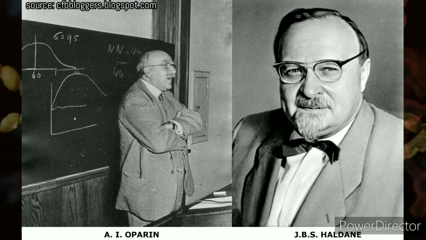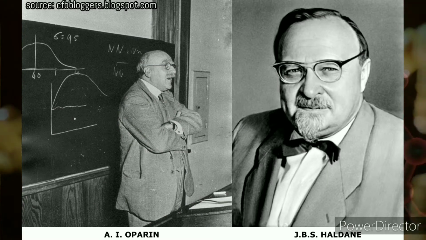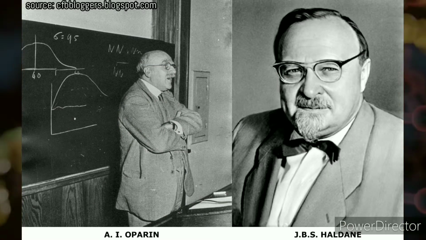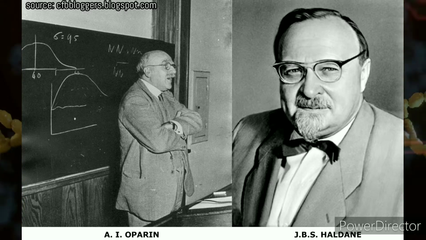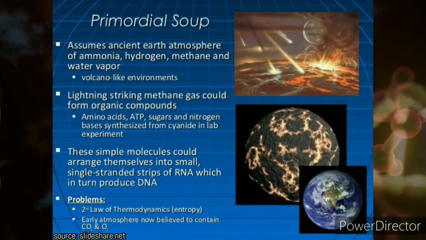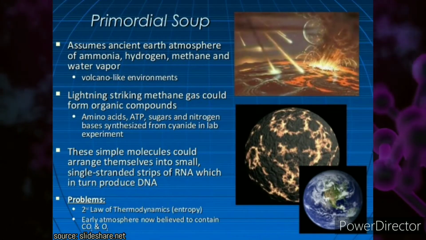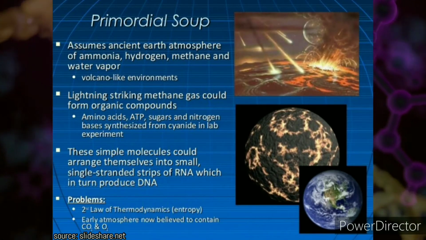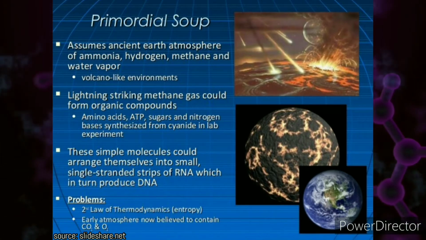Concept proposed by 1. Alexander Oparin, in the year 1924. 2. John Burdon Sanderson Haldane, in the year 1929. Concept explanation: the early atmosphere of the Earth was a reducing atmosphere, meaning there was little to no oxygen